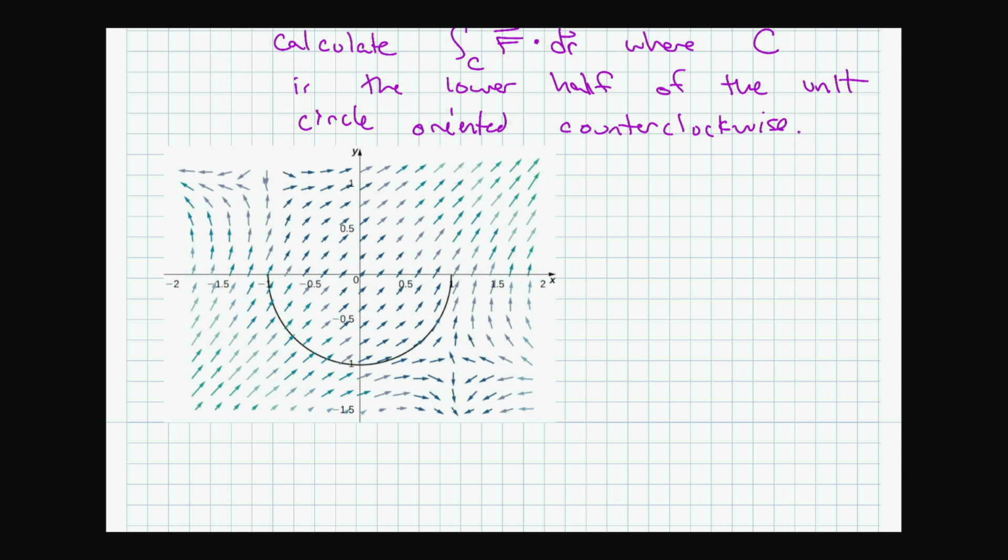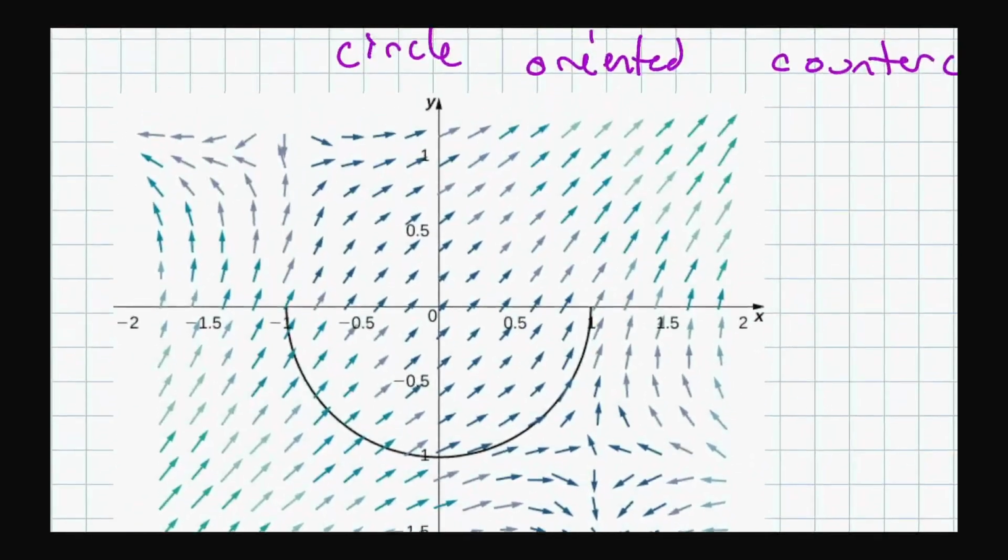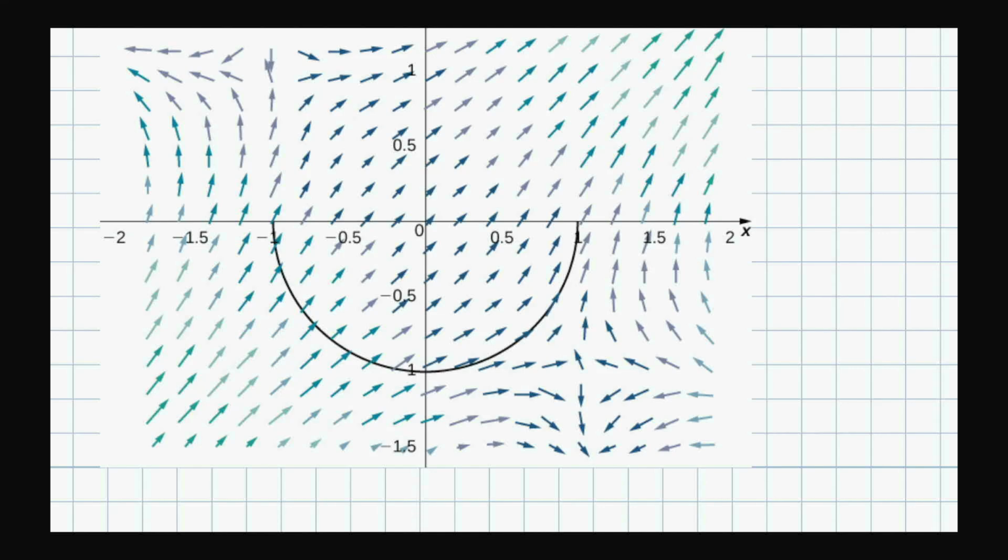So there's the curve C, the lower half of the unit circle, and they say oriented counterclockwise. Do I see an arrow on here? I don't, but counterclockwise is this way, right? Now, one thing you can do before you start is, if this is the direction that we're going, then that automatically means that this point right here is the r of a,